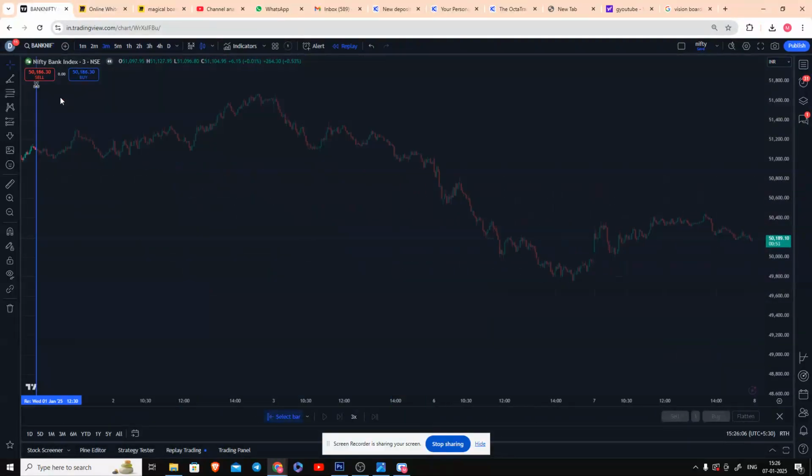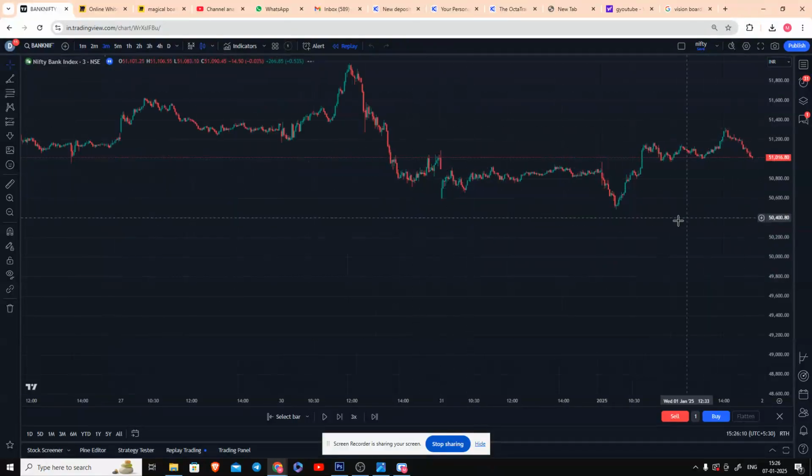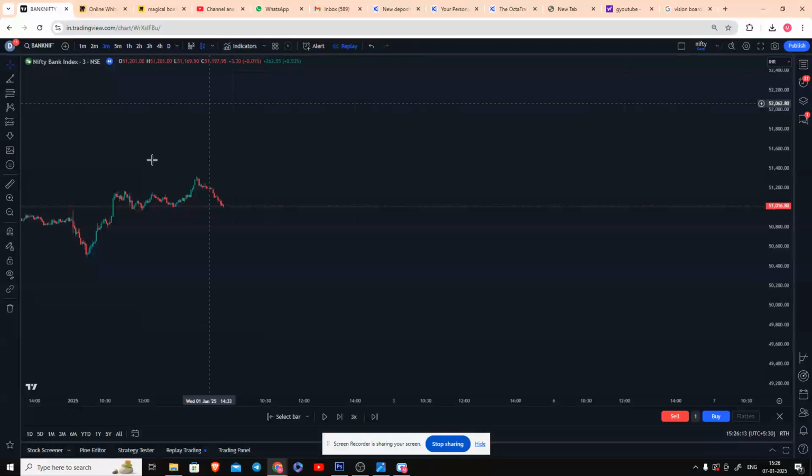Like, see, if I want to replay the chart from here, so I cut it here and put my preferred indicator and see if it is working or not in real time. Okay. So you just don't have to wait days and days in order to test an indicator. You can just directly go to this option, go back to the duration and replay it.